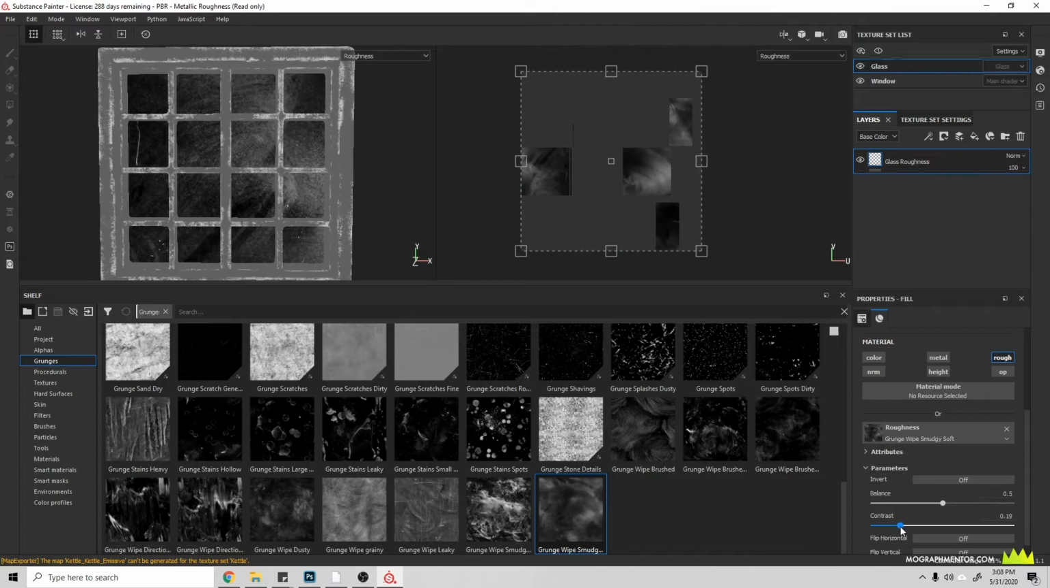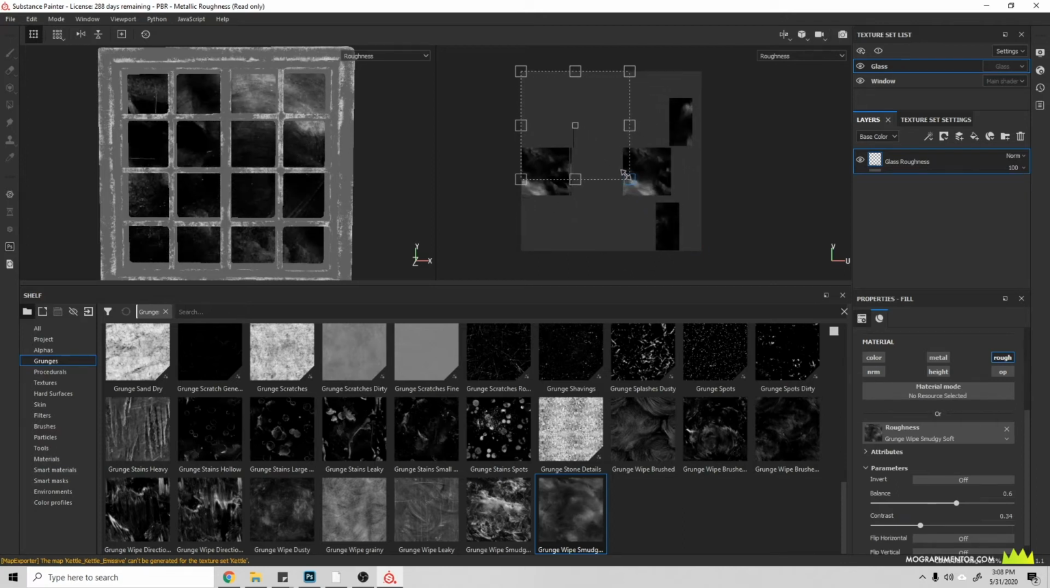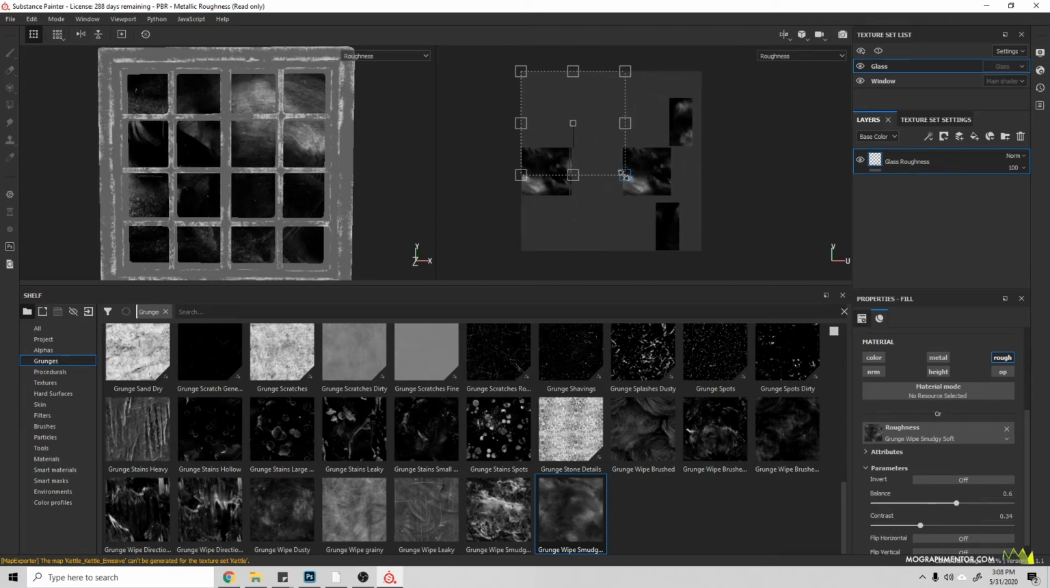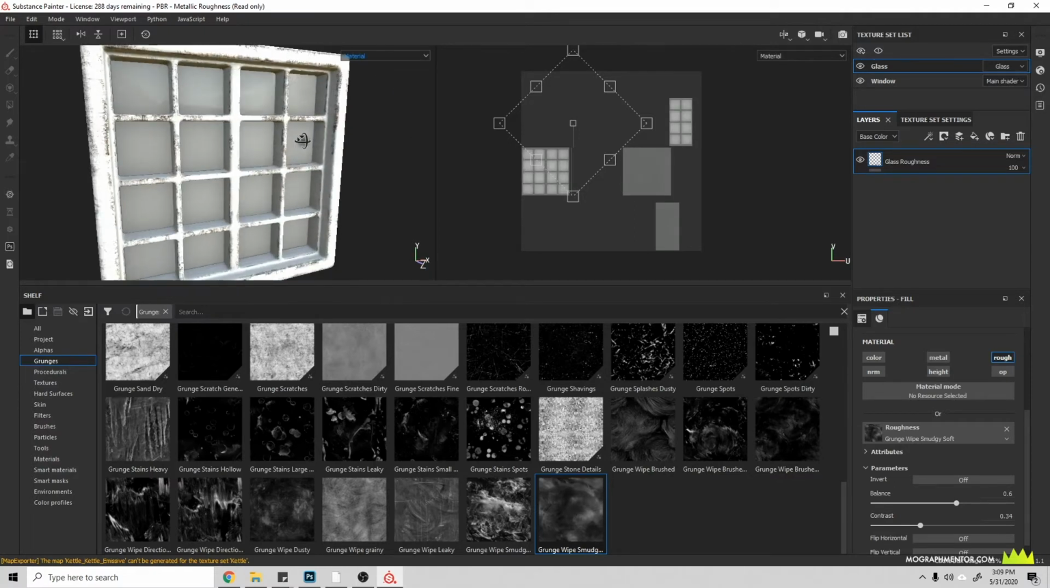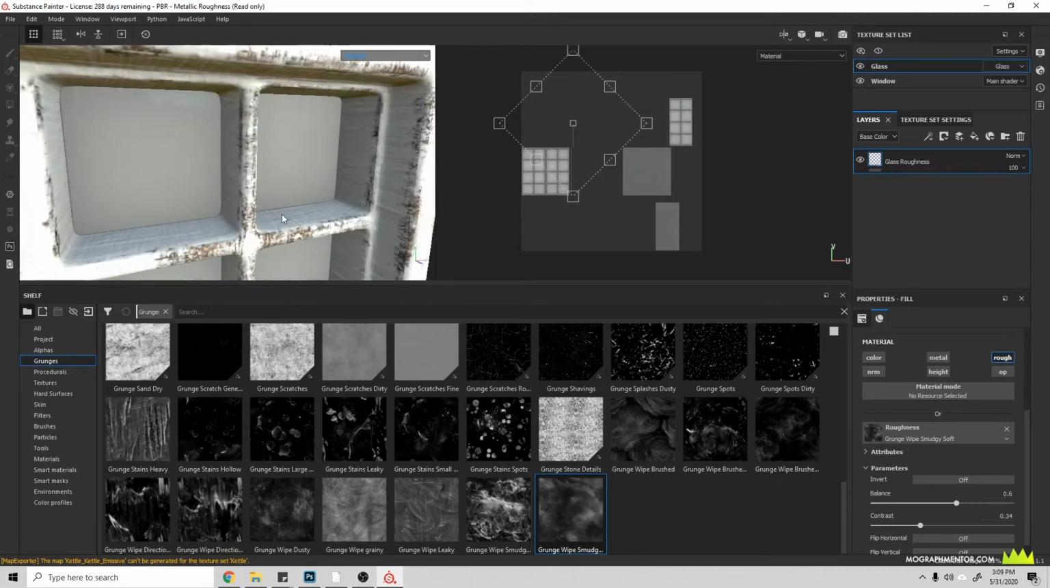So maybe a tiny bit more contrast because we do want parts of our glass to be seen, and maybe play with the balance a bit to bring that up. So we get a little more of an extreme look there. And then if you want, you can play with scaling this in. I want a few of those smudges in there and maybe rotating it there to give us a little bit more. So now let's come back to our material, and we can zoom in here and get a better idea